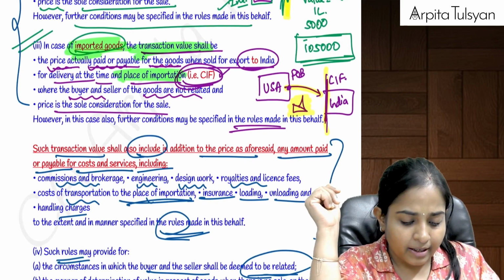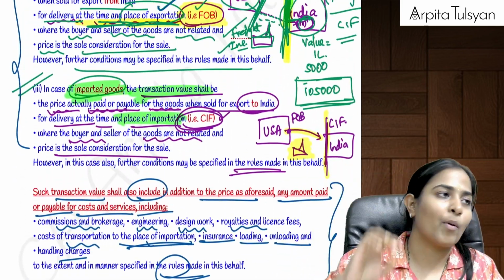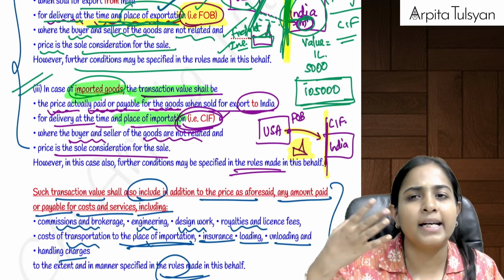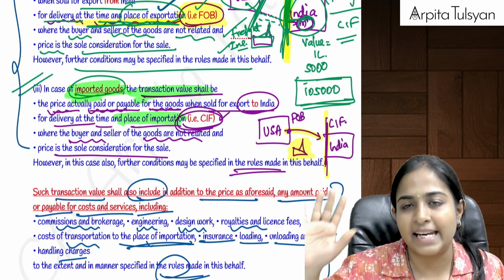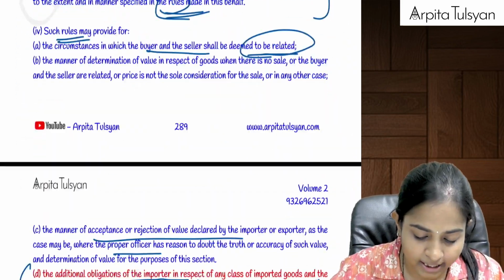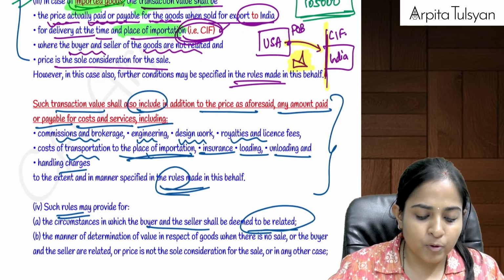Yes. Now they are telling that in this transaction value, there are some adjustments that are required to be done. That is commission, brokerage, royalty, license fees, etc. For that, go and refer rule number 10. Anyway, we are going to refer rule number 10 totally separately. Then after that, suppose